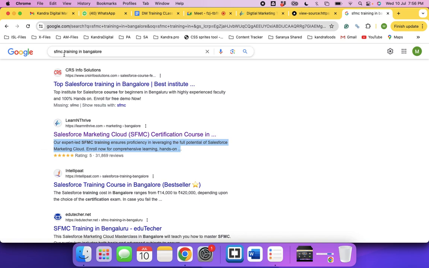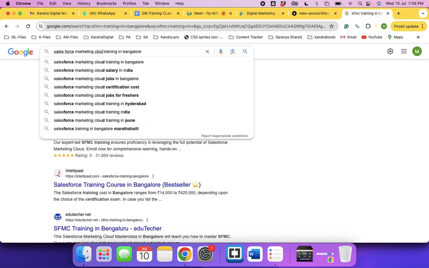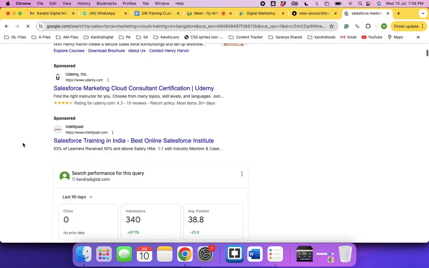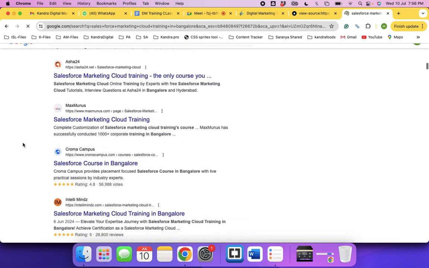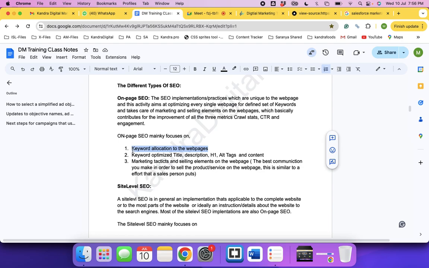See, SFMC training in Bangalore. I'll write Salesforce Marketing Cloud training. For that also it's showing, correct? So now this way, in the on-page implementations, you are going to decide keywords for the web page. You are going to allocate keywords for every single web page. If you have 10 pages or 100 or 200, whatever the number, you are going to allocate keywords to all